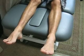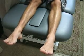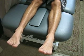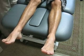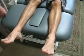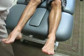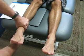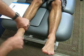You can also do a spring test underneath the trochanter. You can do a very general one. In prone, it's a little bit more specific because the pelvis is resting against the table. But even doing it in a general manner, I feel that there is greater restriction on that side. The other restrictions that he has, I'll show you that with gross movements, he's got abduction of the foot, and